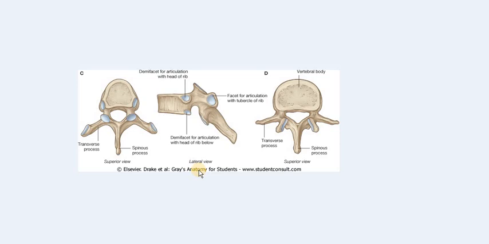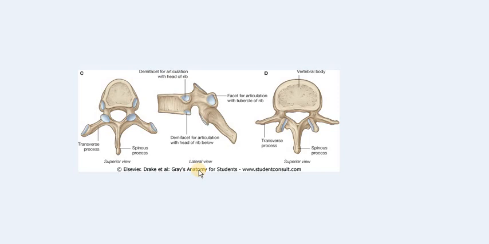Now the ninth thoracic vertebrae resembles a typical thoracic vertebrae, but the difference is that the body has only the superior costal demifacet. The inferior costal demifacet are absent. Why are the inferior costal demifacet absent? Because, as you all know, the inferior costal demifacet provides the articulation with the lower rib.